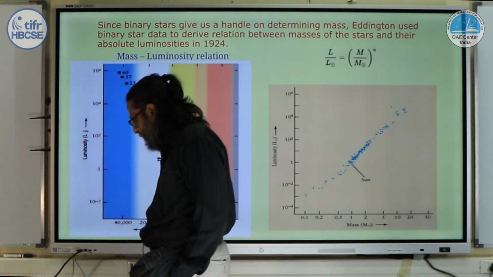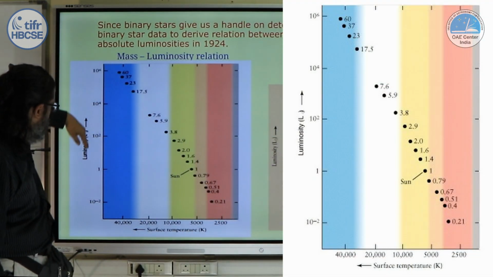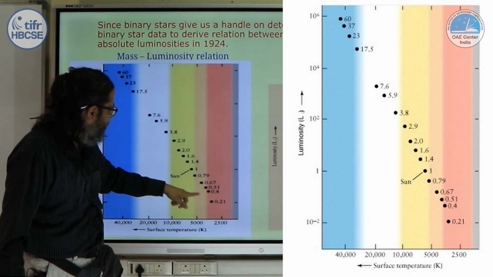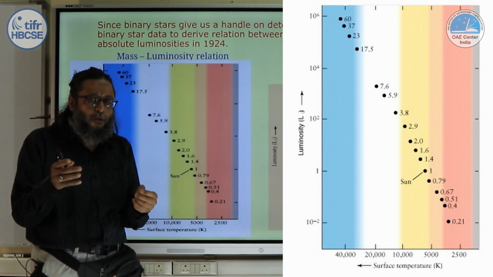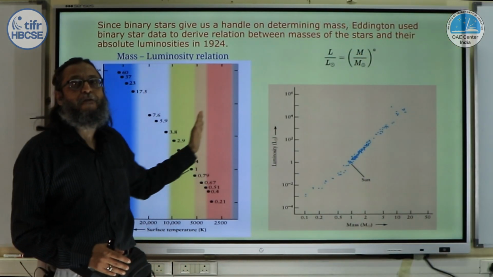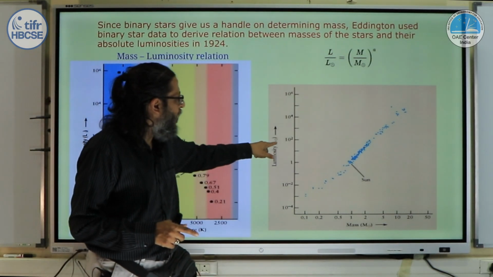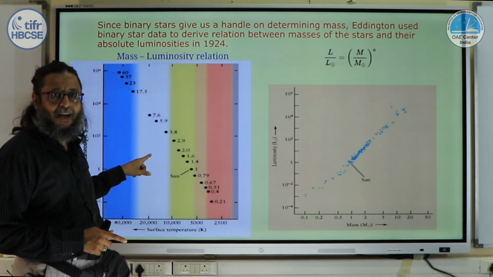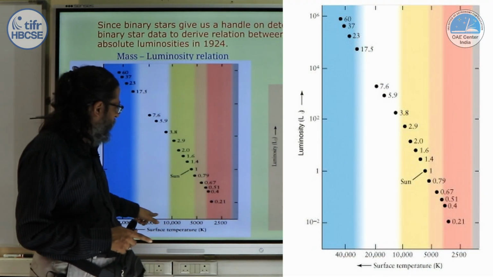Now, if we look at the HR diagram out here, this is your luminosity and this is the surface temperature, this is where the sun is. So you should be able to move from this picture to this picture and vice versa. Spend some time on it. Think about it, how we are looking at the luminosity, okay, both on the y-axis, and see how my temperature is plotted in the HR diagram,